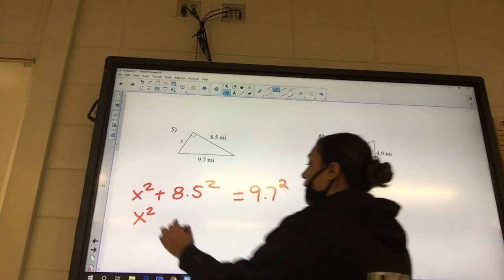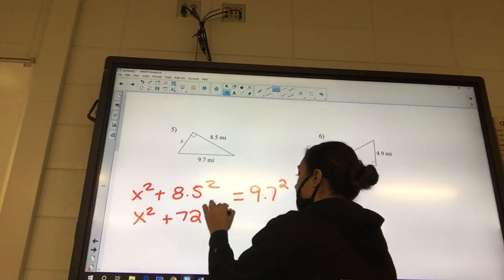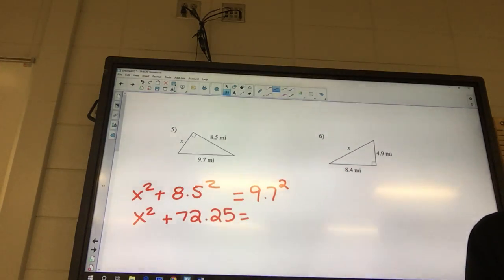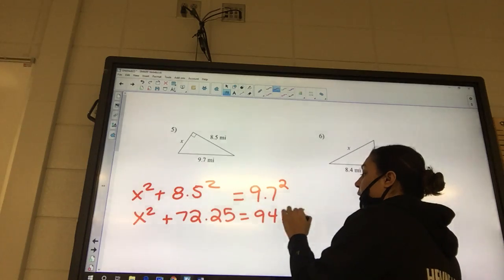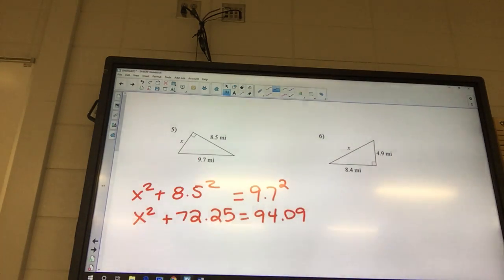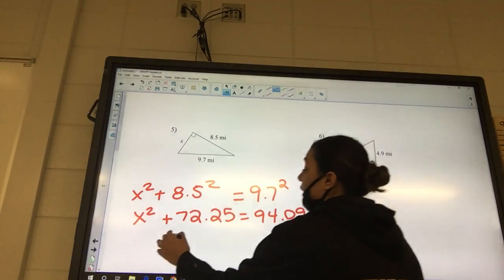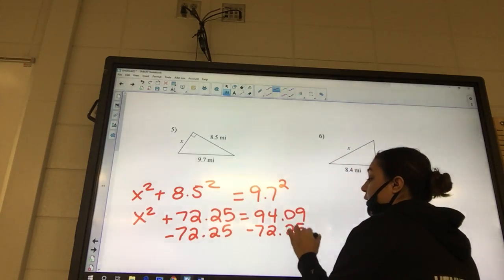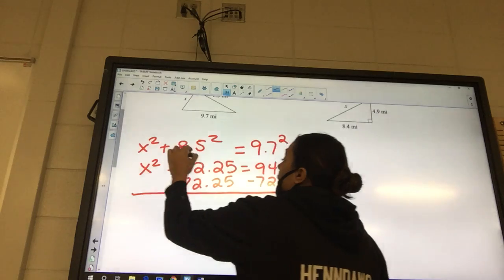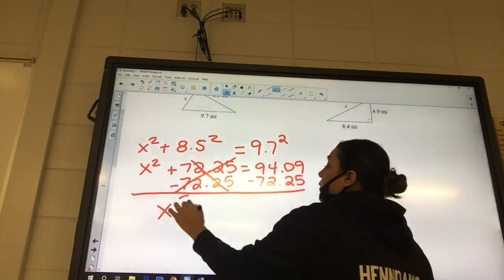So it's gonna be plus 72.25. And then 9.7 squared, 94.09. Okay, so we got x squared plus 72.25 equals 94.09. What would our next step need to be? Subtract. We gotta subtract. We're trying to get that x all by itself. So we're gonna subtract the 72.25 from both sides. Okay, so these ones cancel, so you got x squared equals